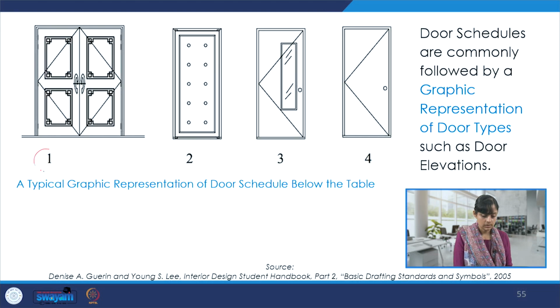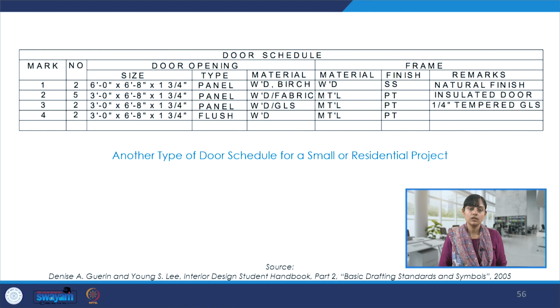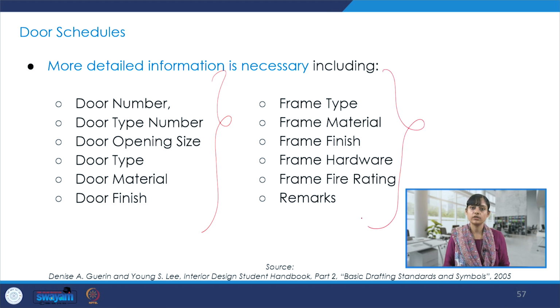So this is the markup which we saw in the table on the slide before, and then the quantity of these or number of these, and then the other details. So again, the mark, the number, and all the details. And these are the important details that we have to give in a schedule.